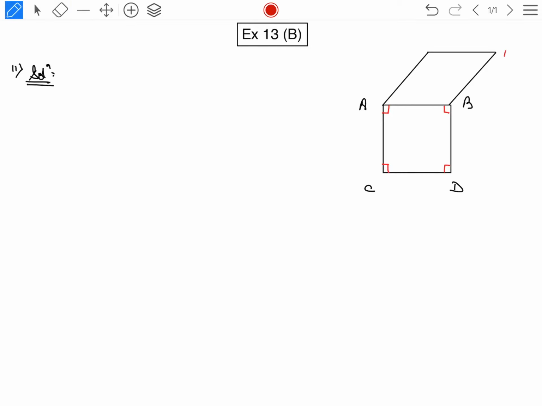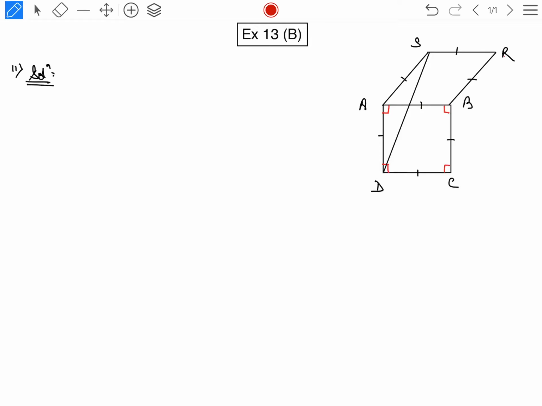ABRS. Okay, now one line is drawn from S to D. I have written the way ABCD. Okay, so this is the diagram given to you, and it is given that all these sides are equal. Okay, in the square and also in the rhombus all the sides are equal.